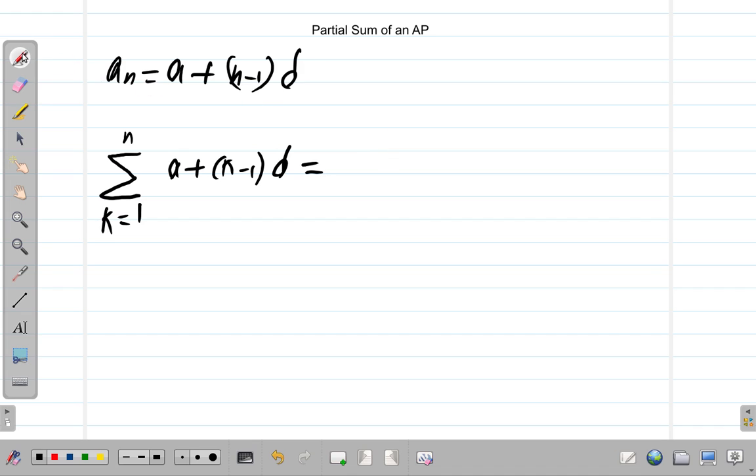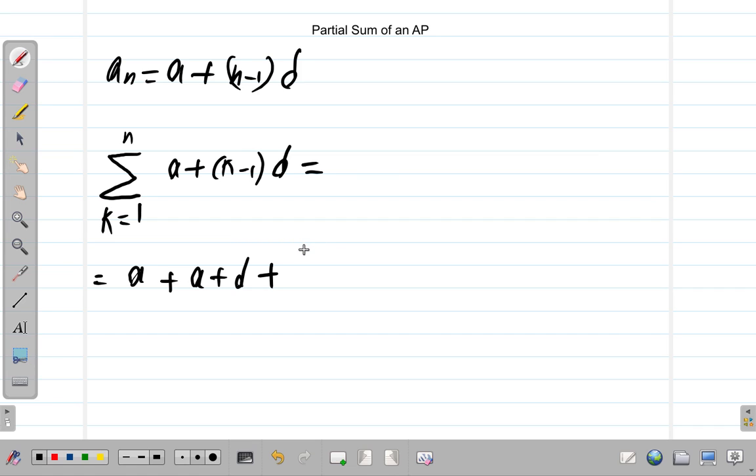Instead of writing it here, let's write it like this. This is equal to, you're going to have a plus 0d. That's for the first term. But 0d is just 0, so let's leave that out. So a plus 1d, or we could forget about the 1 and say a plus d plus,